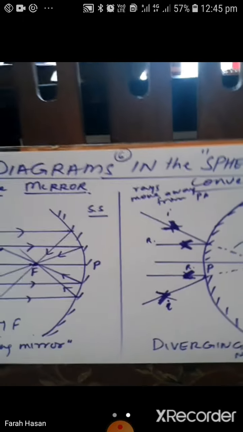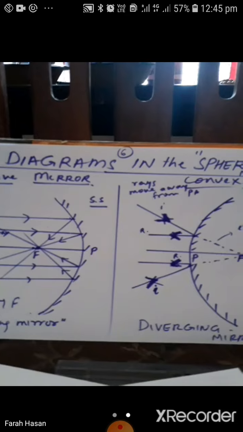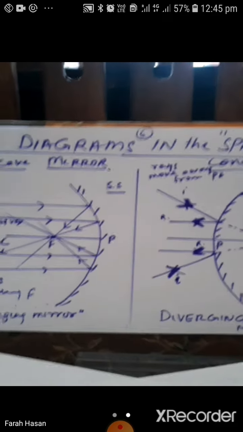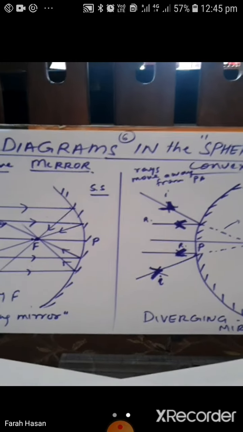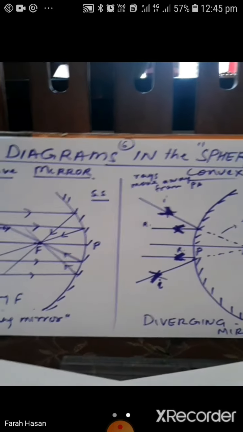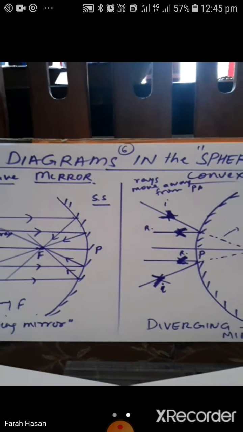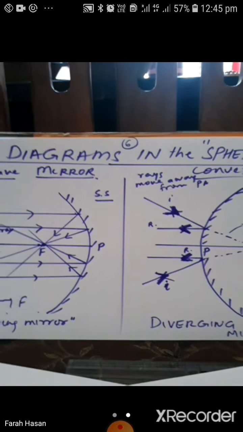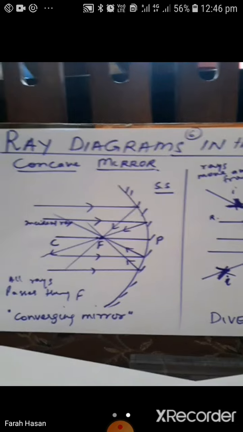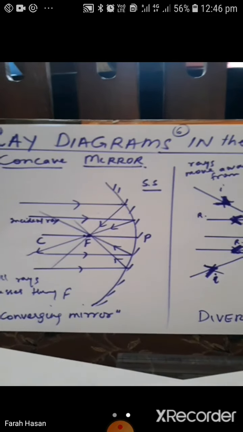We are going to discuss more of these ray diagrams in our next class, and I am going to explain the different types of ray diagrams which can be formed in the case of spherical mirrors. Please revise whatever we have studied. Please get familiar with the terms: what reflecting mirrors are, what concave and convex mirrors are, the difference between them, what spherical mirrors are, what the center of curvature is, what the pole is, and so on.